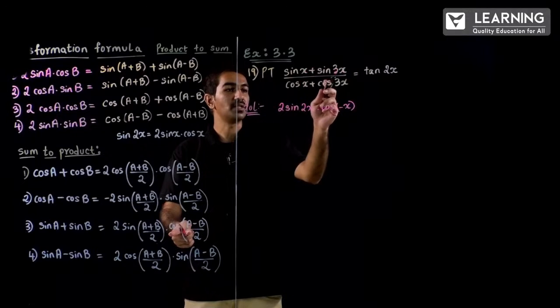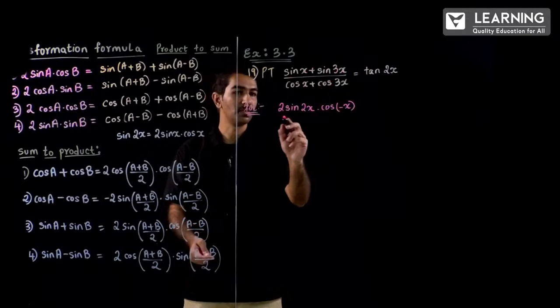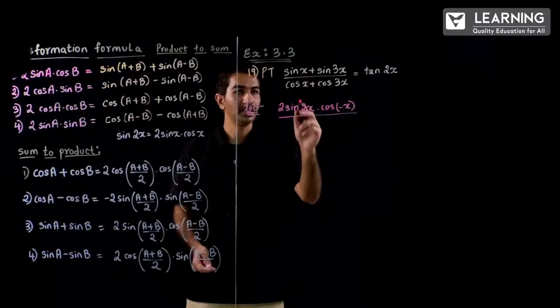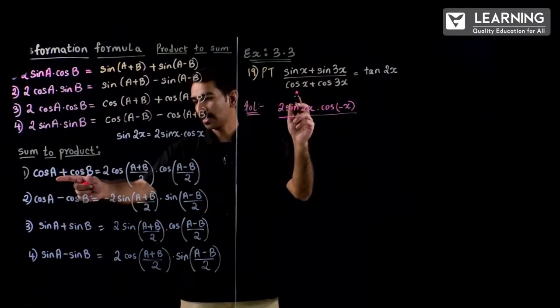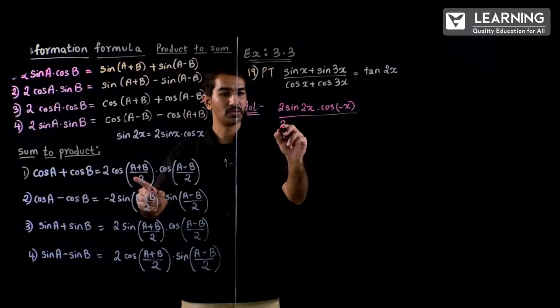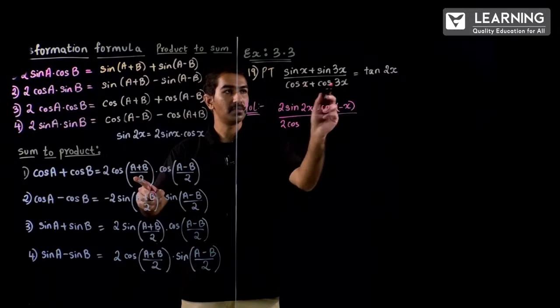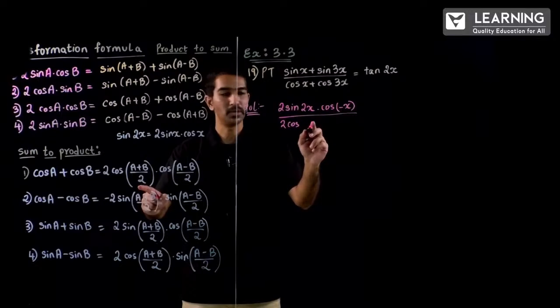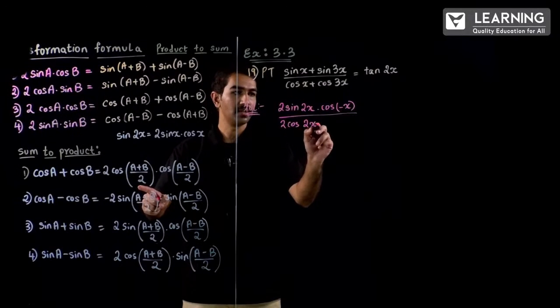The whole divided by cos A plus cos B, 2 cos A plus B by 2, so 2 cos of x plus 3x, 4x by 2 is 2x again, into cos